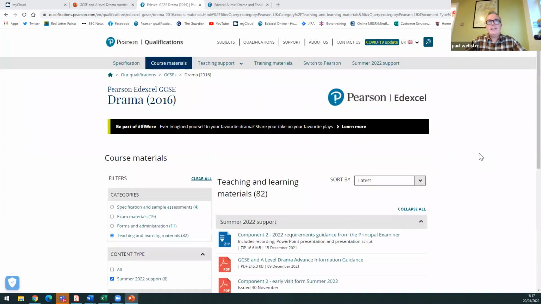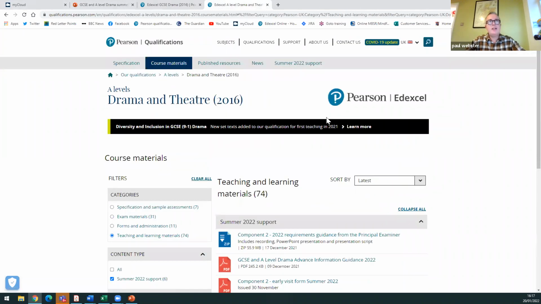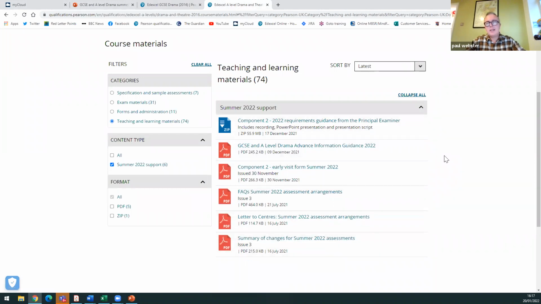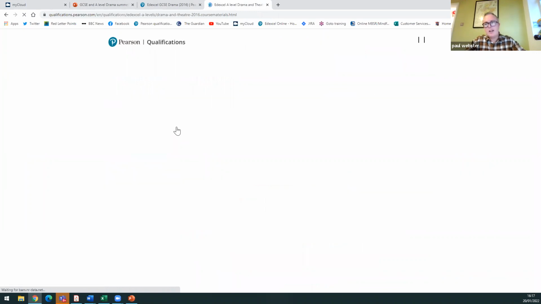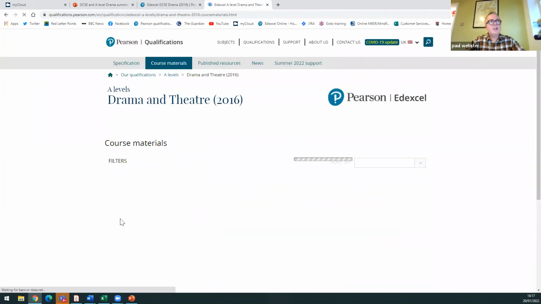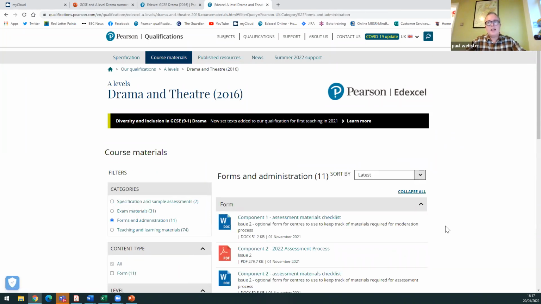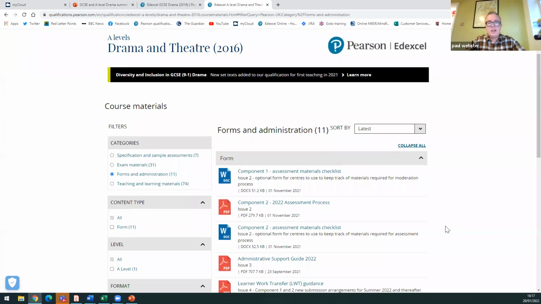So exactly the same information is on the A-level page, which I'll quickly show you. So as you can see, this is on the A-level page. In the Summer 2022 support, we have got these 6 documents there, and following in a similar trajectory under course materials, in the forms and administration section, you have got the 11 guidance documents there, which you can use at your will.